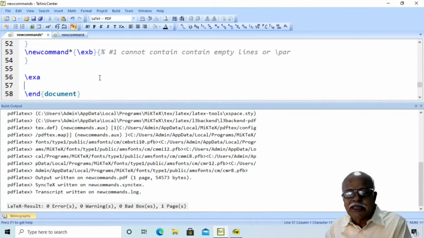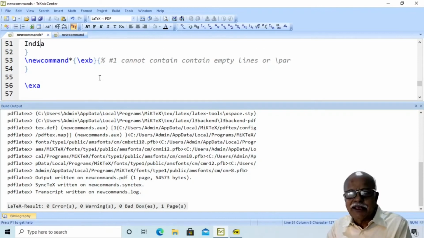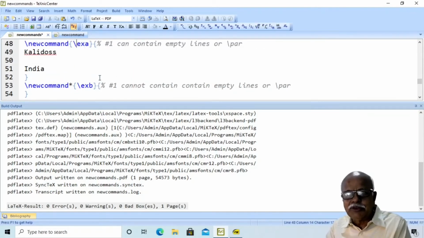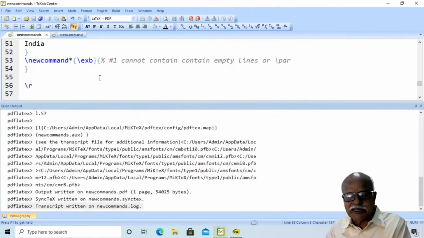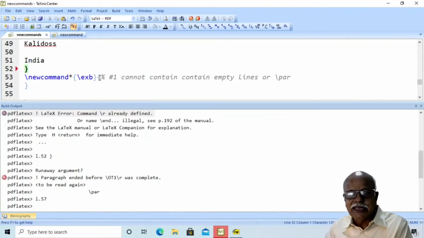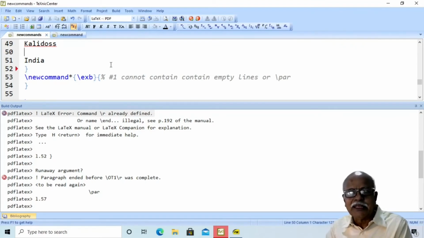Now, the purpose of defining a new command is to help reduce the monotonous job of typing. That is why we use this kind of shortcut. When we speak of shortcuts, people would like to ask, why not use the shortest possible name? Say simply, I define \newcommand{\R}. It will produce an error: command \R is already defined in LaTeX. Therefore, you cannot use this.